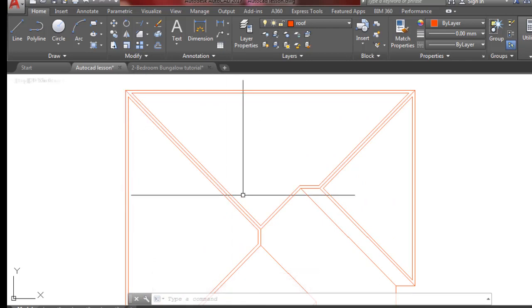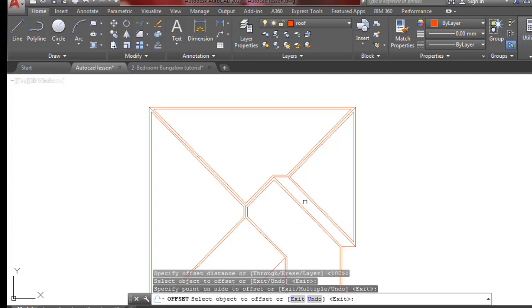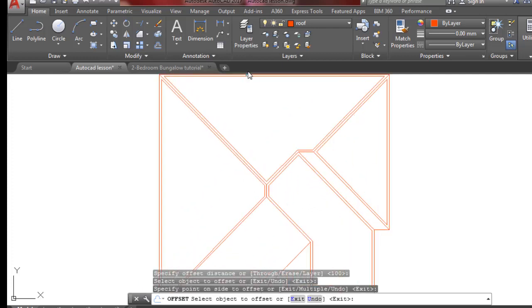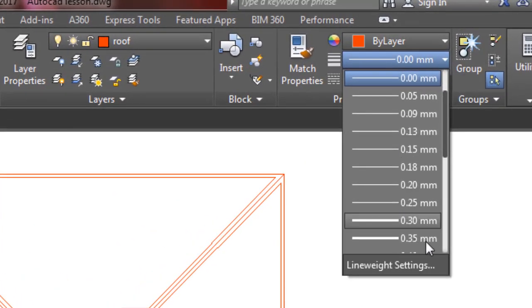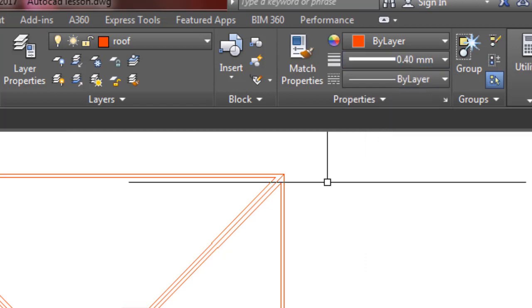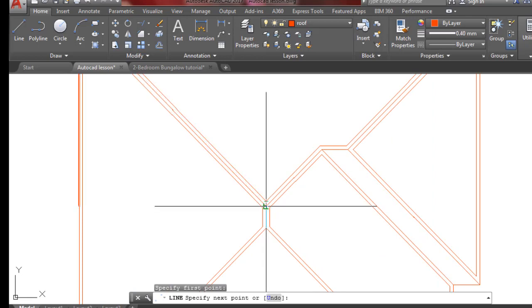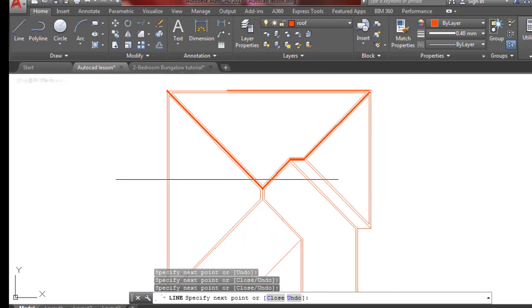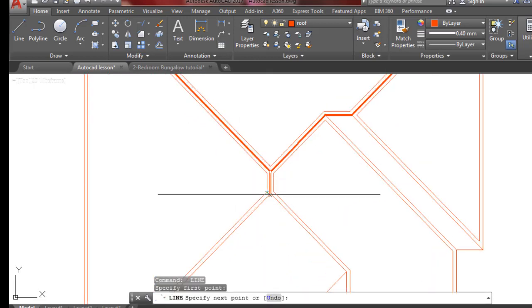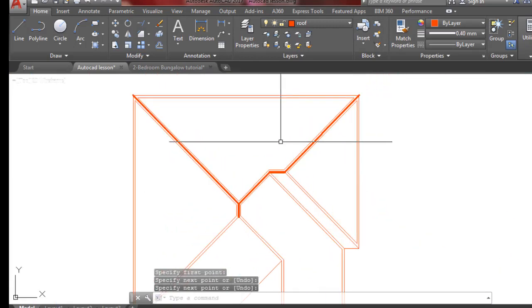For graphics sake, this one too has to have a thickness, so as to show you that the thing has graphics. So you make sure that it has its own thickness. You now go back to your layer. You pick something like 0.4. By the time you pick 0.4, you come to line. You now draw another line on this. You trace it as if you are tracing something. All these are for graphics sake, so that your work can come out. So I expect you to continue the remaining of this